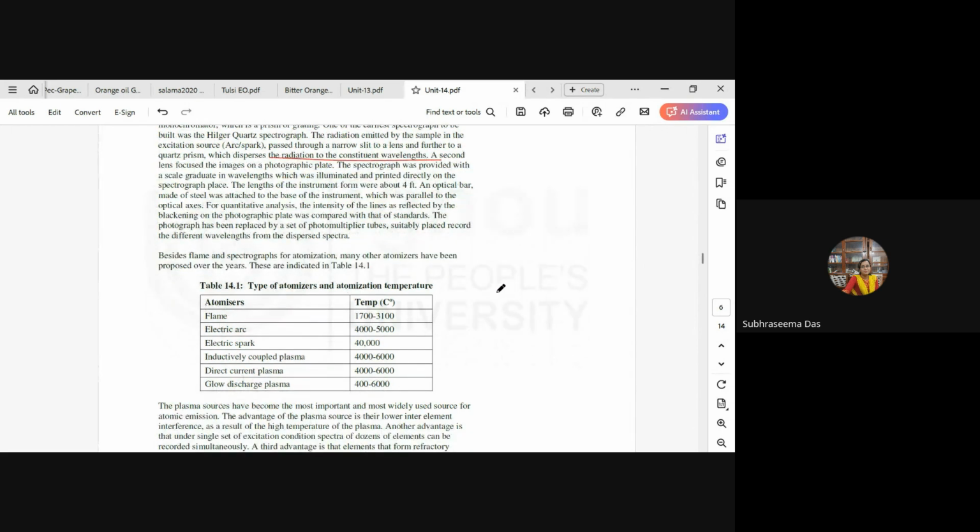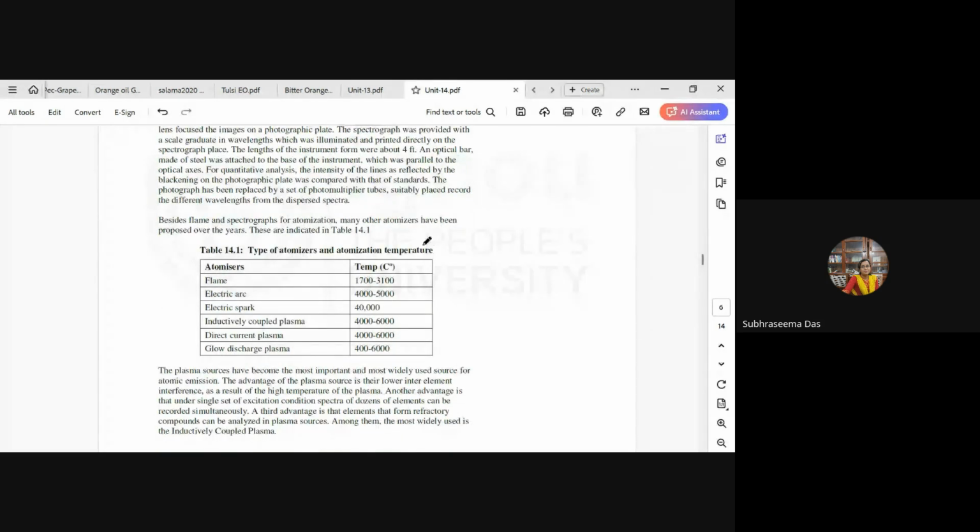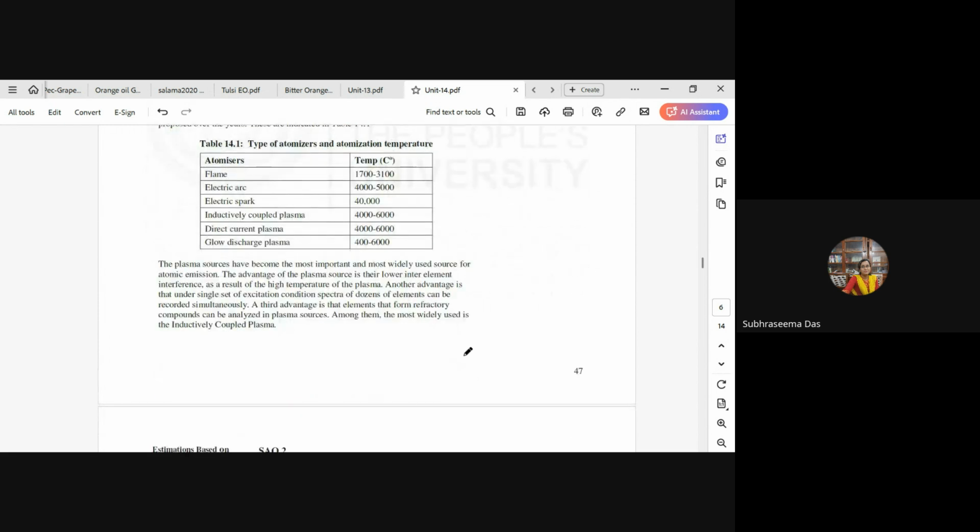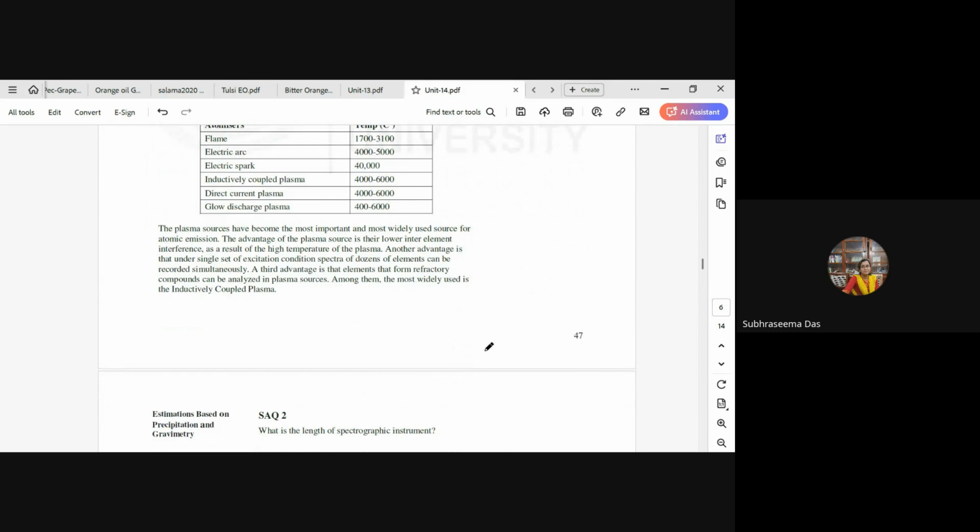Besides flame and spectrographs, many other atomizers have been proposed over the years. These are indicated here. For flame atomizers, the temperature is 1700 to 3100 degrees. For direct current plasma, it is 4000 to 6000 degrees centigrade, and a glow discharge plasma requires a temperature of 4000 to 6000 degrees centigrade. The plasma sources have become one of the most widely used sources for atomic emission. The advantage of the